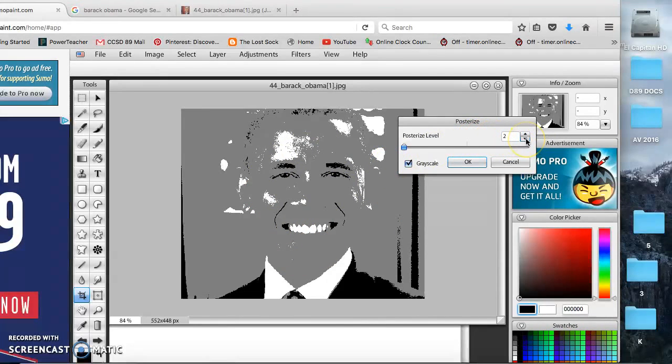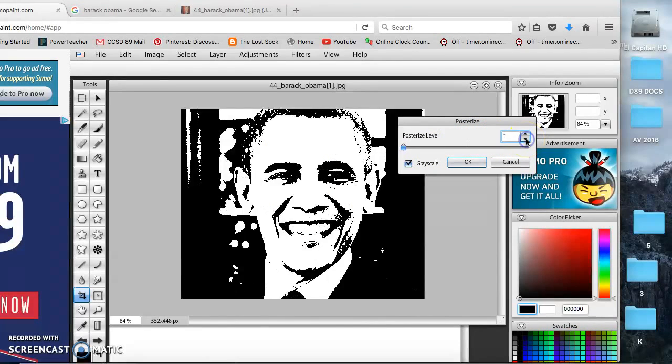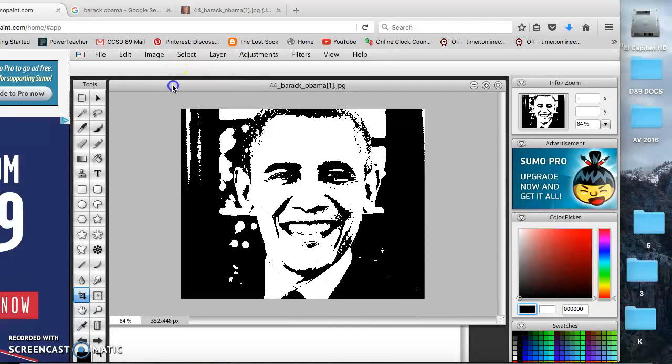So everyone, no matter what your picture is, you're going to go to 1. This posterized level should be at 1 for everybody. Okay, so this should bring up the most information possible for me to draw this later, all these dark shapes, kind of like what we practice with our grid drawing technique. So once it's at 1 and it's at grayscale, you just simply click OK, and then the worksheet will go